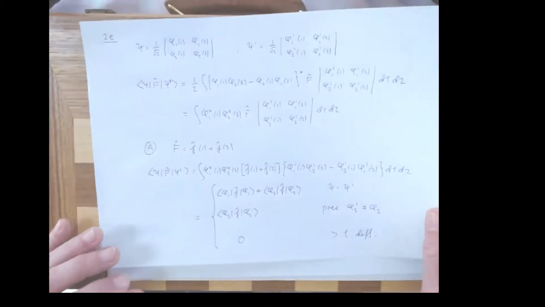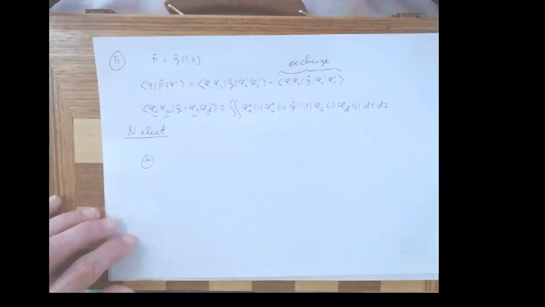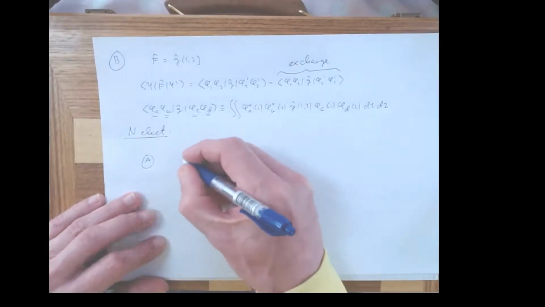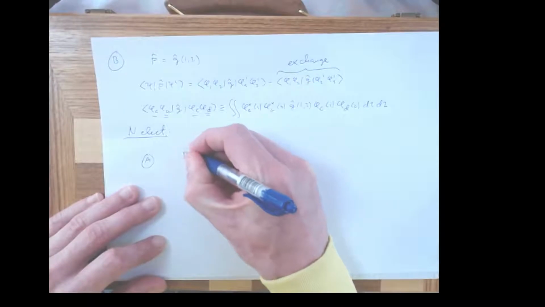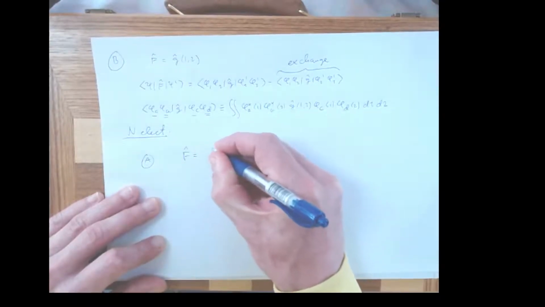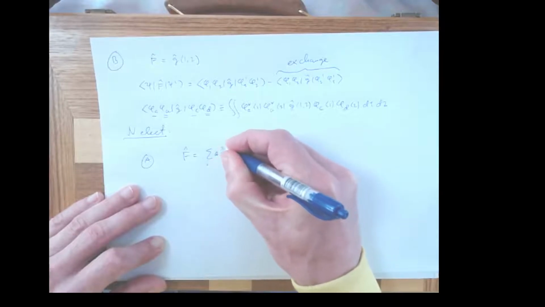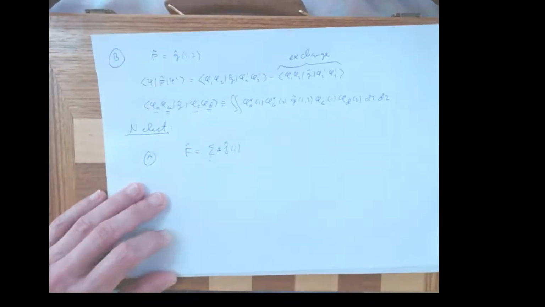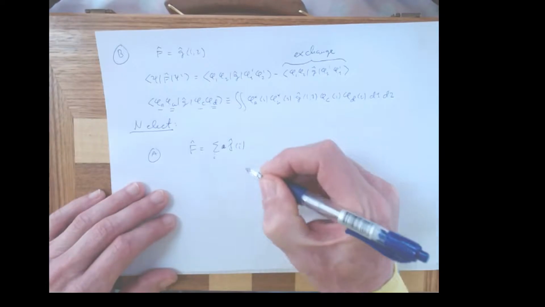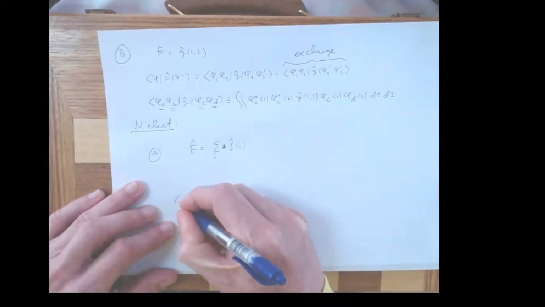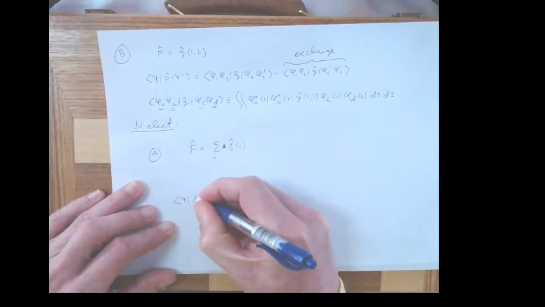So the idea here is that I have an operator which is a sum of identical single body operators. So my matrix element here